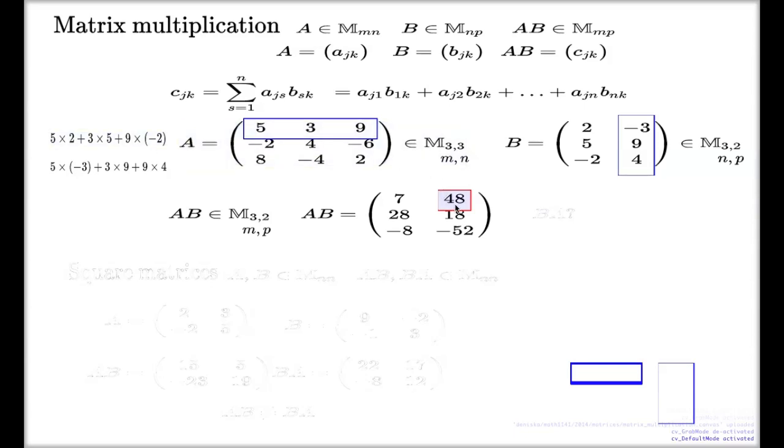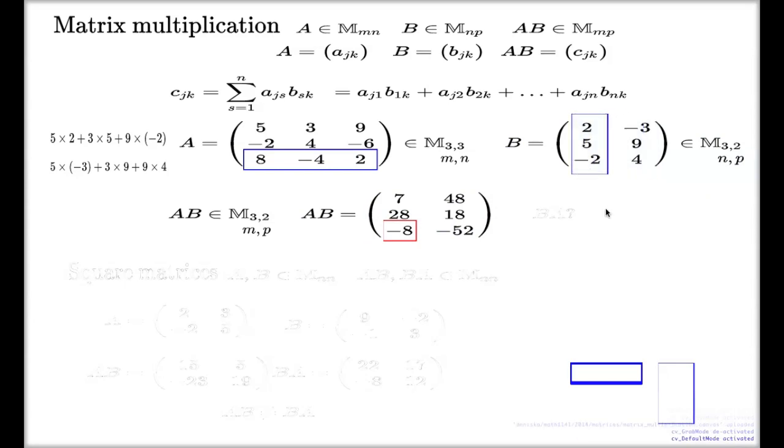So, for instance, if I want to check this element, say negative 8, what are the indices for this element in the resulting matrix? It's 3, 1, third row, first column. So I take the dot product of the third row and the first column. Double check. I don't have it pre-typed, I'll just do it from the top of my head. 8 times 2, 16. Negative 4 times 5, it's negative 20, so it's negative 4. And 2 times negative 2, it's negative 4 again, so it's negative 8 altogether. And that's how we multiply